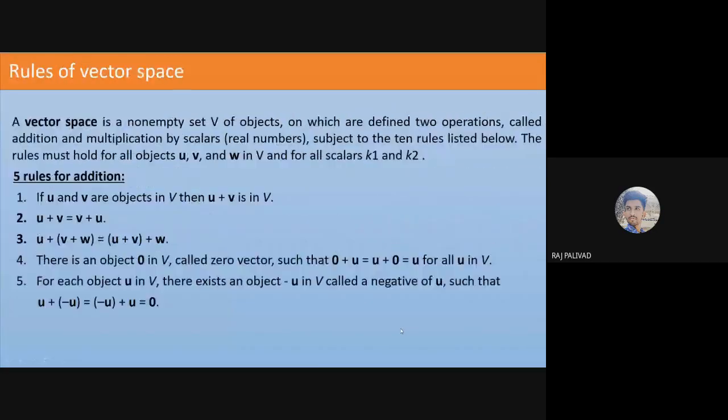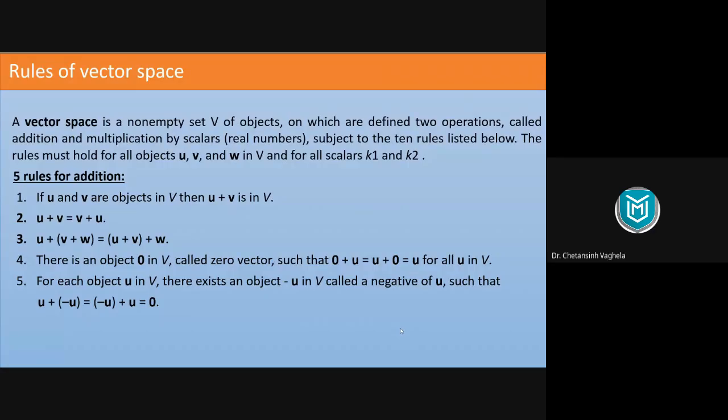Right, so let's see the formal definition of vector space. If we have a non-empty set V of objects, see I'm writing the word objects here, right? Why I'm writing the general word here? Because you should understand this objects can be anything, numbers, vectors, matrices, functions, or any other thing. That's why I'm writing the word object here. So we have a non-empty set of objects on which we are defining two operations, namely addition and scalar multiplication.